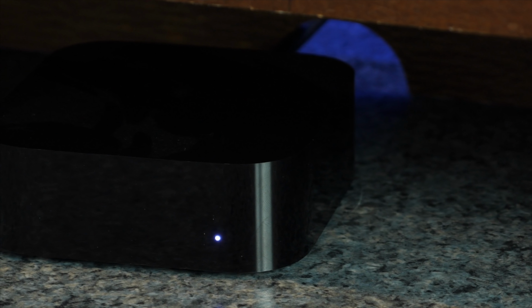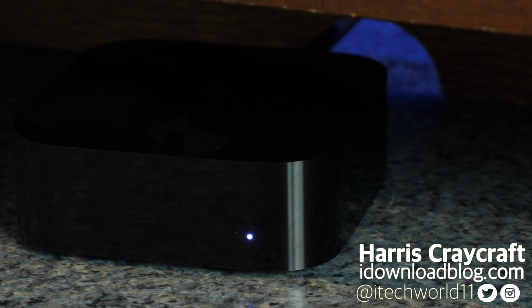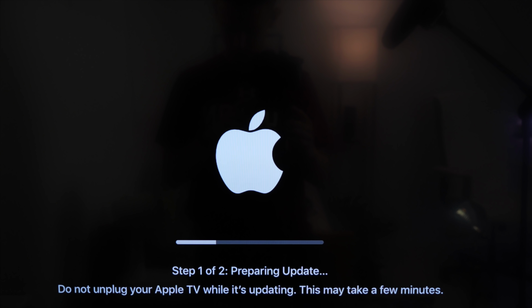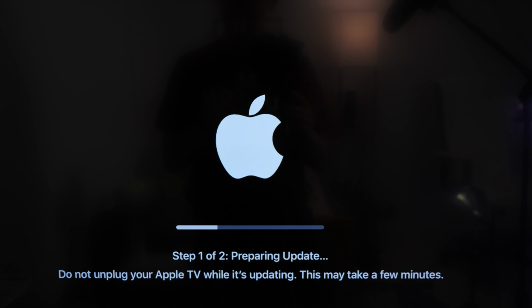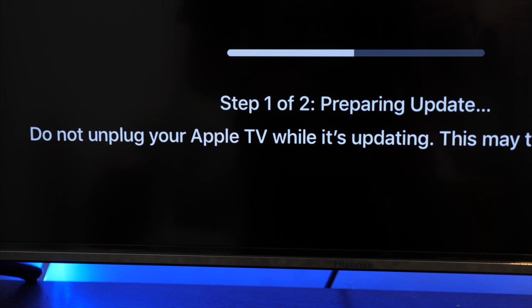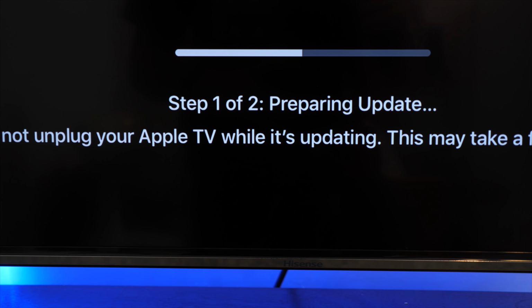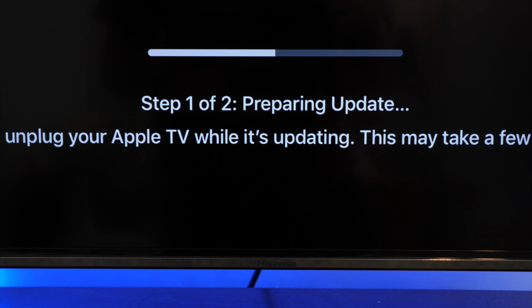Hey everyone, Harris here. So tvOS 11.3 came out in March and included mainly a new privacy explainer, nothing really interesting. But similar to a few other software releases from Apple lately, it quickly saw beta releases for a new version, that being tvOS 11.4. And now that it's out for the public, here's what you need to know about tvOS 11.4.